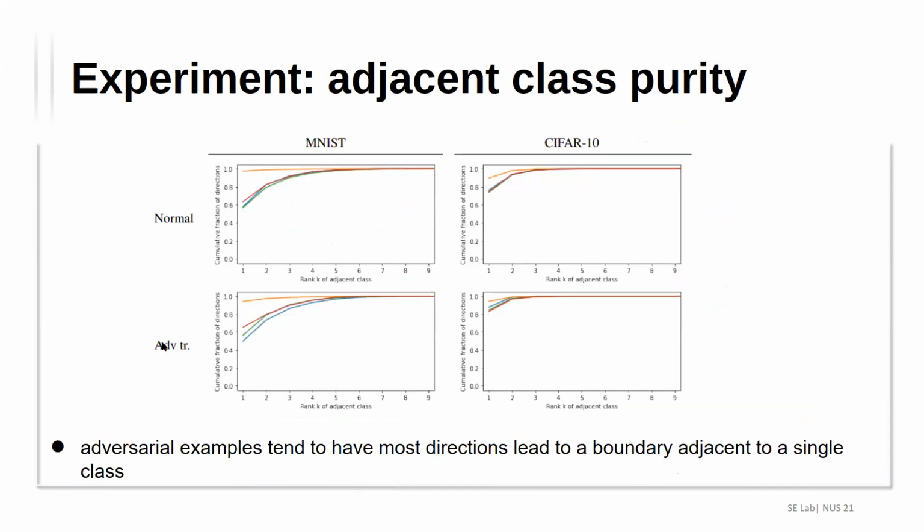And later, we have one experiment left. That is the adjacent class purity. That means they compute the purity of the top K classes around an input image. So for one input image,